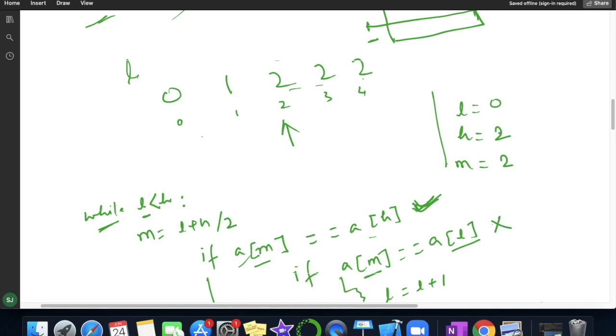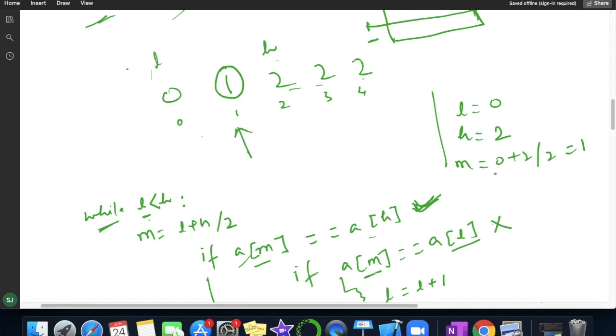Now 0 less than 2, yes. So we are going to calculate mid. Now mid will be 0 plus 2 by 2, which is 1. Now we got the mid at index 1. This is my mid, and high is here and low is at index 0.